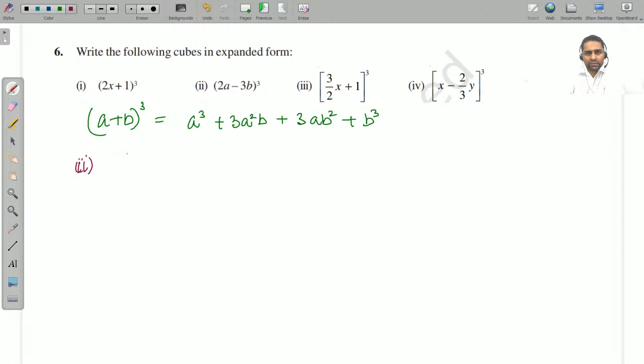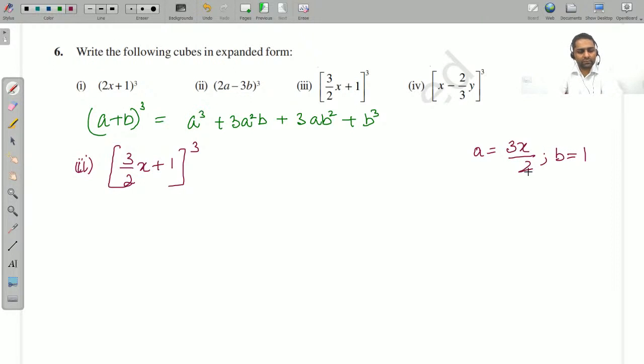The third part is 3x upon 2 plus 1 whole cube. So I'm going to apply a plus b whole cube over here. First of all you need to identify what is a. What is a over here? a is 3x upon 2. And what is b over here? b equals 1. So a cube is basically 3x upon 2 whole cube, plus 3a square b, means 3 times